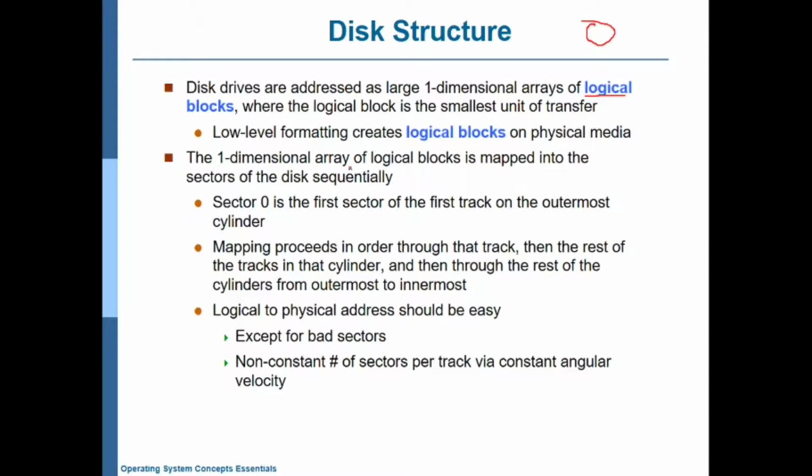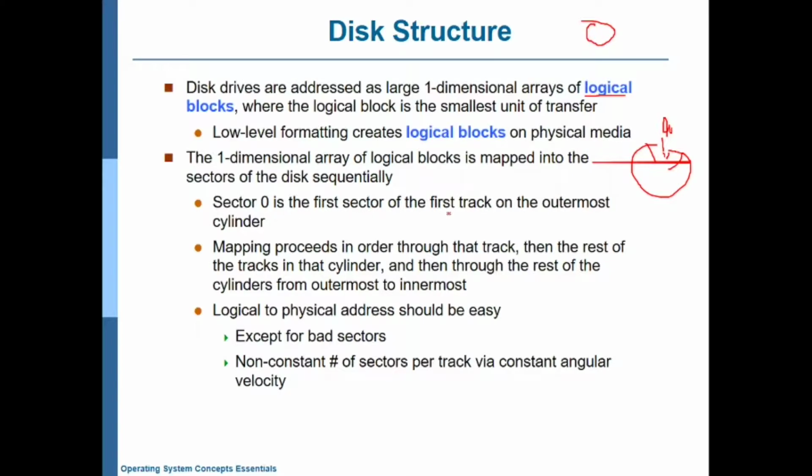The one-dimensional array of logical blocks is mapped onto the sectors of the disk sequentially. So in each sector we can store one logical block.